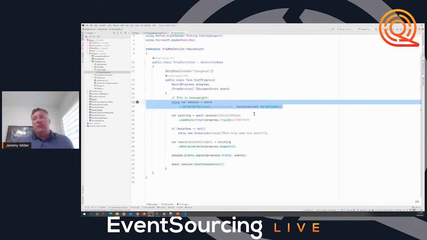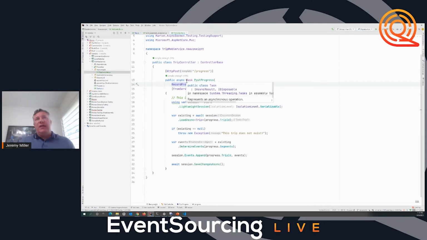That's obviously going to dramatically impact the performance of your system. It's going to slow your system down quite a bit. And it still doesn't completely protect us from somebody passing in progress at the same time if they just happen to get there first. So we don't want to do this. This is at the database level, at the event store itself level. Let's not do this. Another possibility